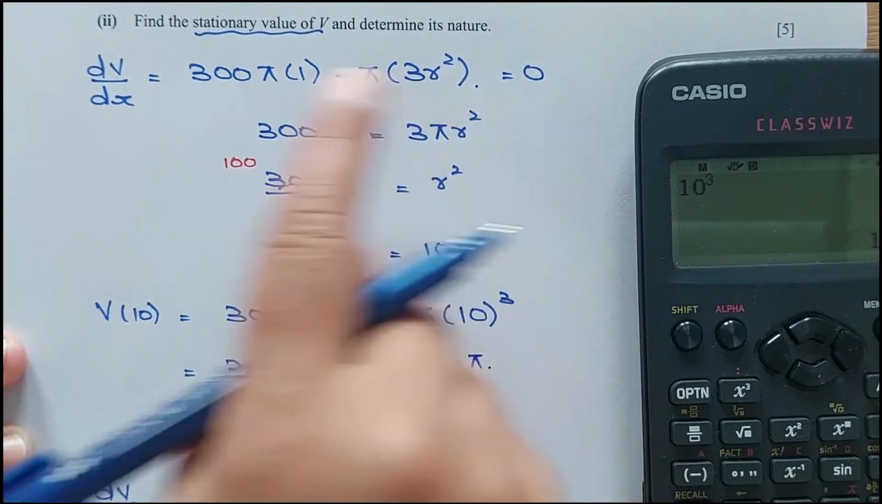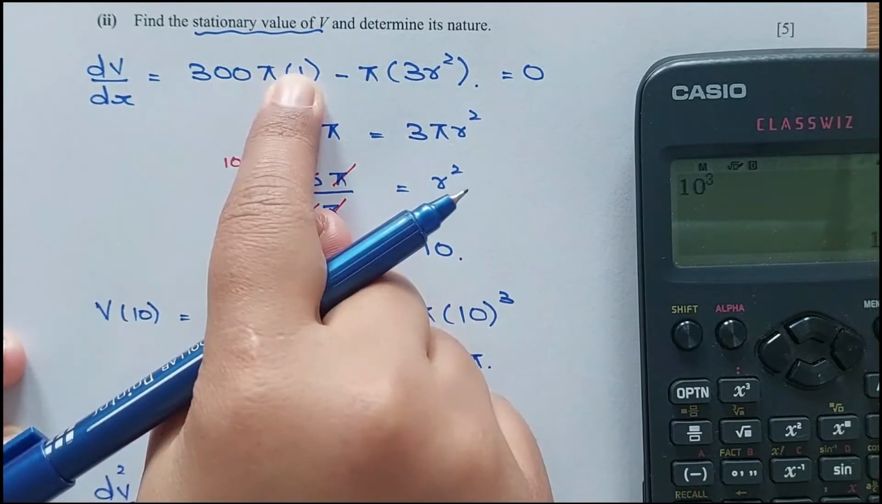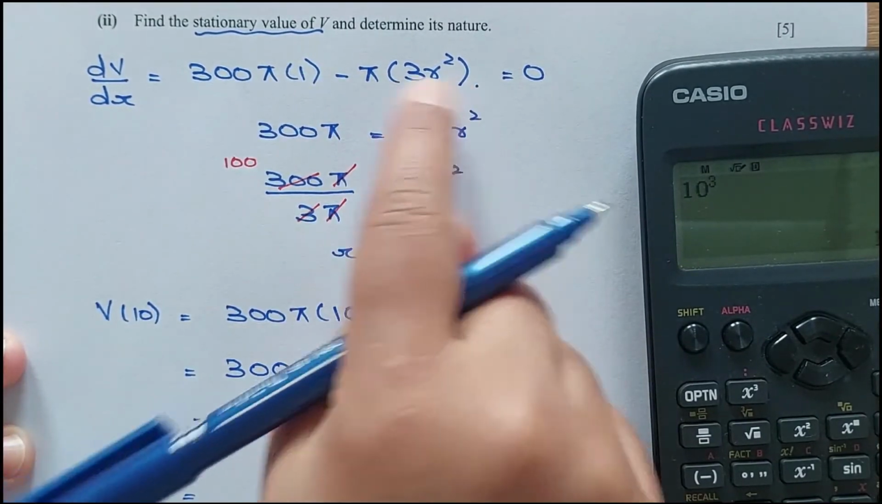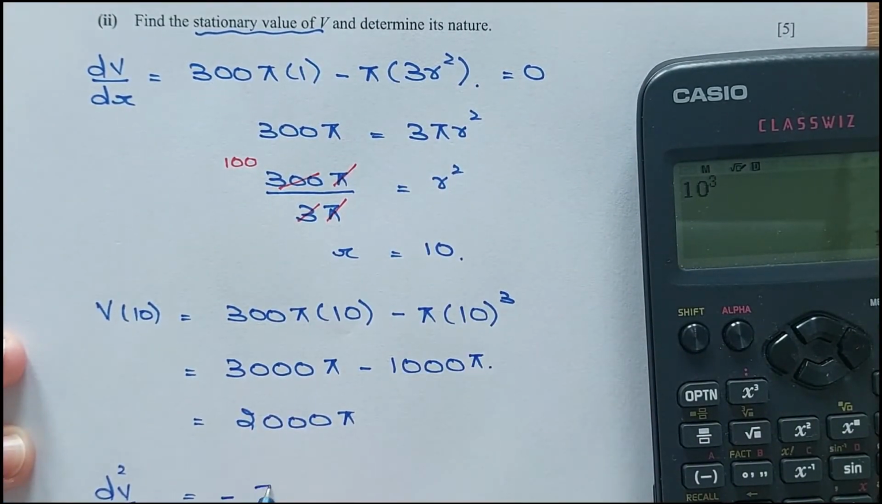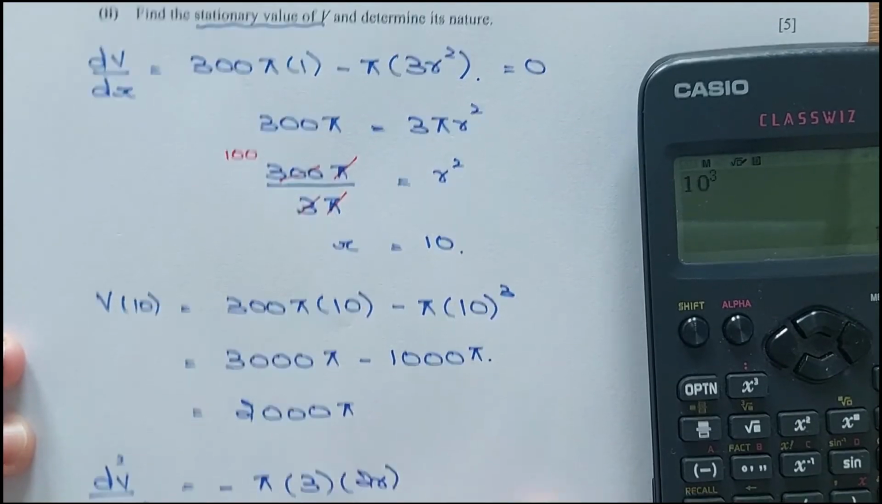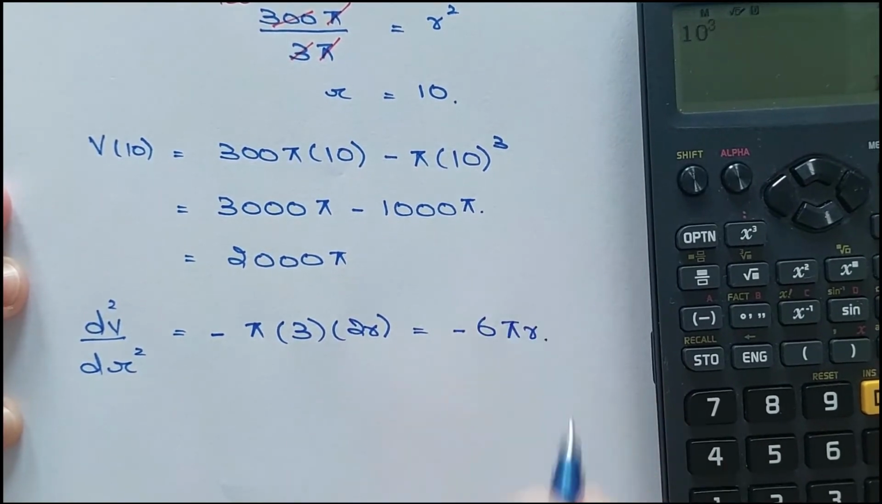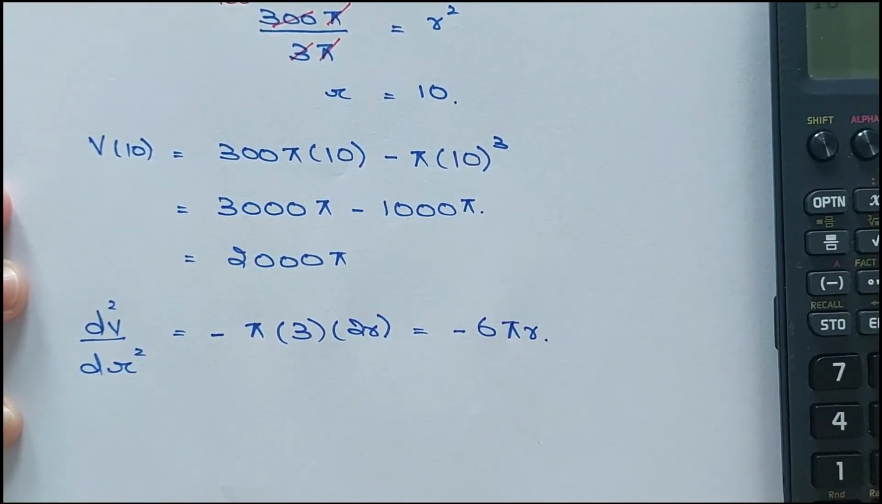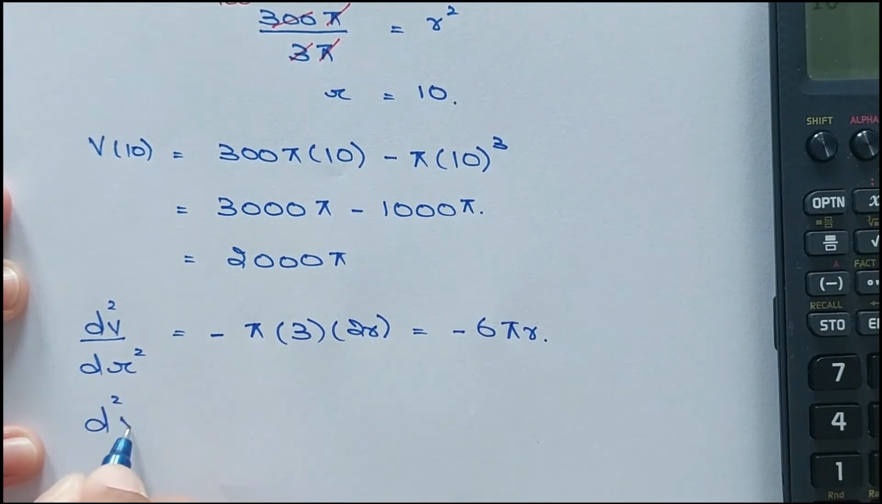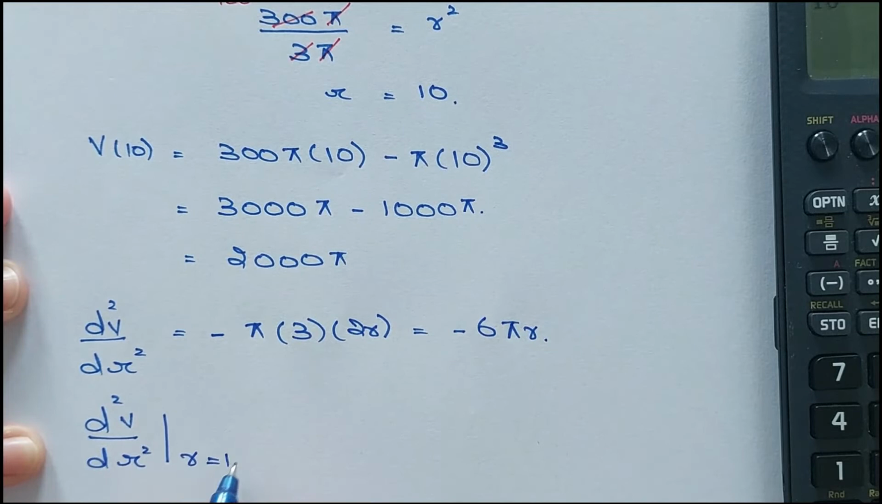This was the first derivative. So this is a constant term, its derivative is 0, and the other term's derivative is equal to minus pi times 3 times 2r. Right, so basically this is minus 6 pi r. Right. So when r is equal to 10, d²V by dr² at r equals 10